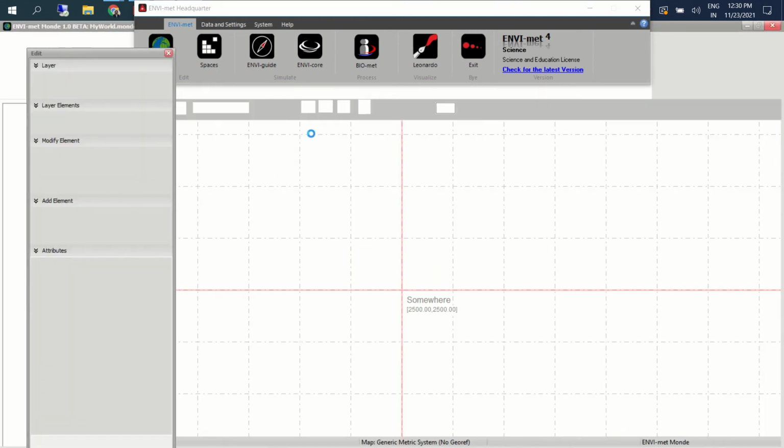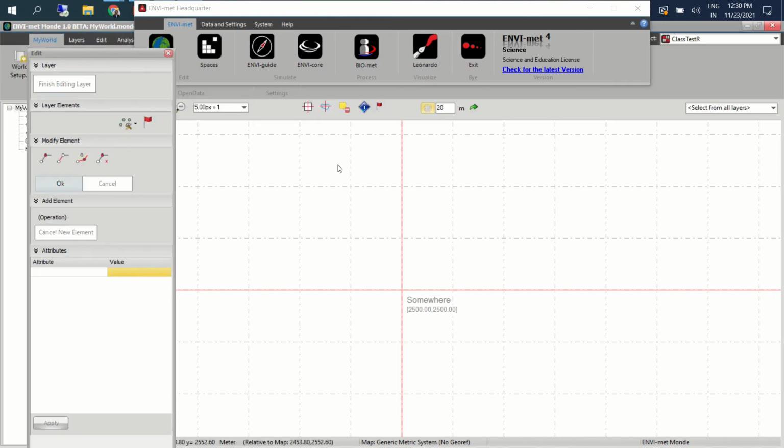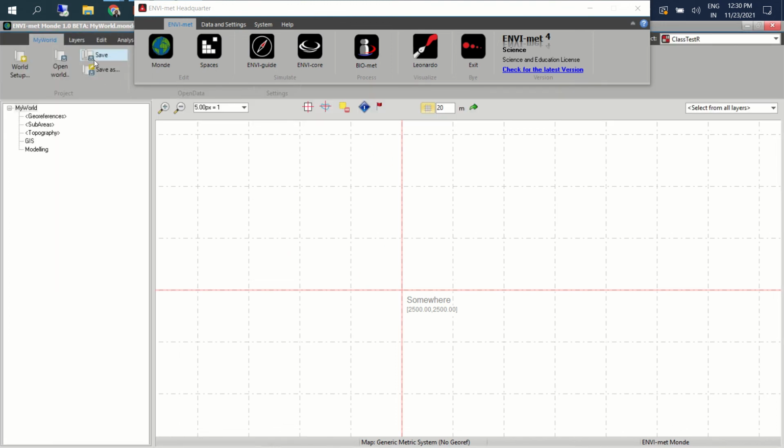We are not going to do it now because it's not required as of now. Maybe if there's a requirement, we can have one session especially on how to bring GIS files and CAD files and convert them into grid files. I'll just close this.